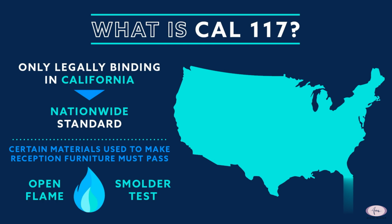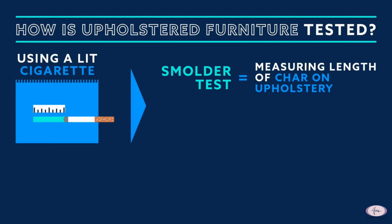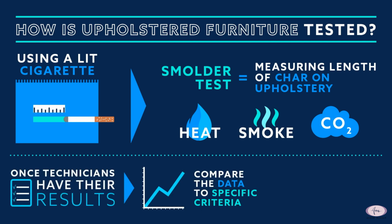required by Cal 117. Upholstered furniture is tested in a closed test chamber, where technicians measure how quickly an open flame spreads and grows. Using a lit cigarette, they do a smolder test on the furniture by measuring the length of char that forms on the upholstery. Heat, smoke, and carbon monoxide are also measured during these tests. Once the technicians have the results, they compare the data to specific criteria, and a successful score results in a